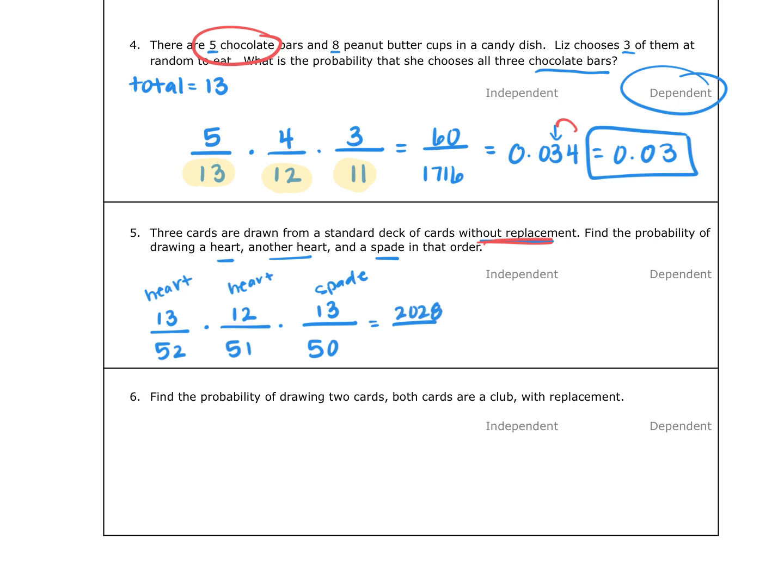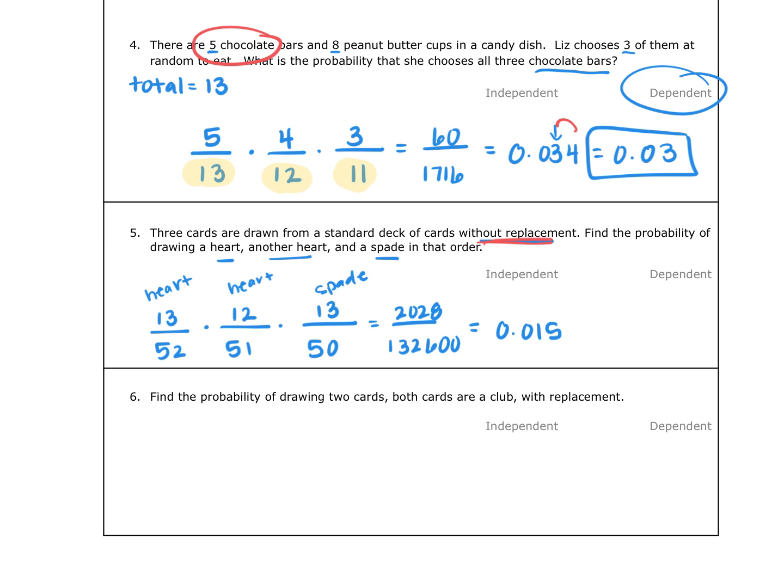And if I do 52 times 51 times 50, this is going to be a big number, 132,600. And if I take both those numbers, 2,028, and I divide it by 132,600, that gives me